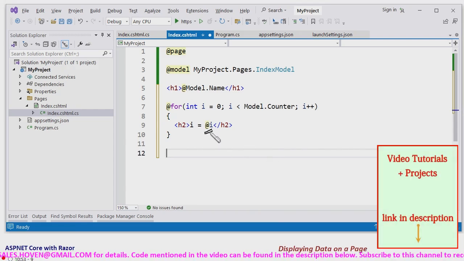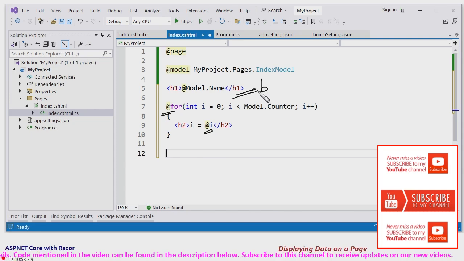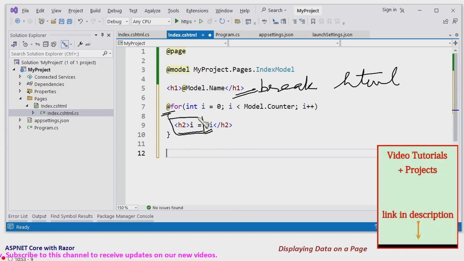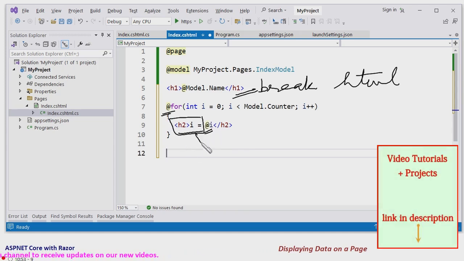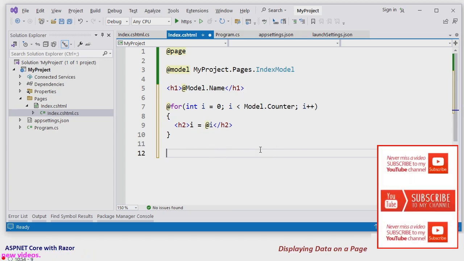This is a break here, a break of HTML. So this @ sign, similarly, after the break. This @ says that we are starting C# again.